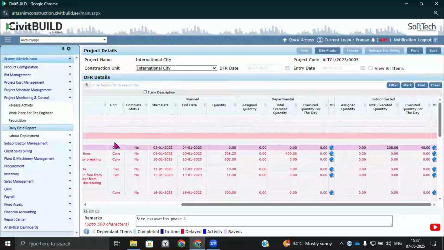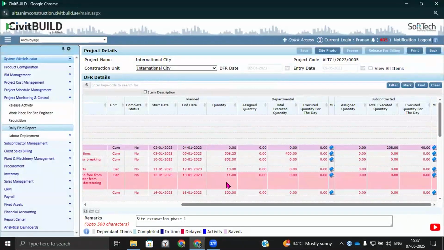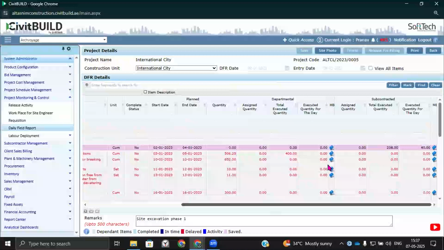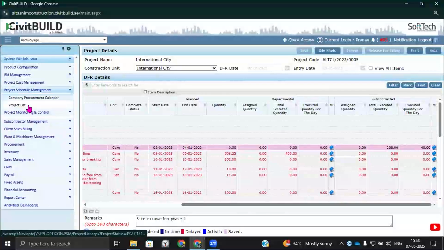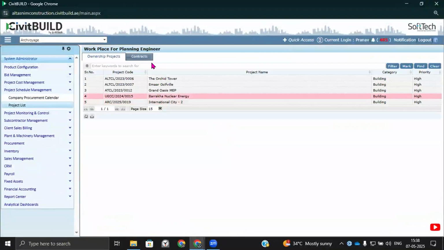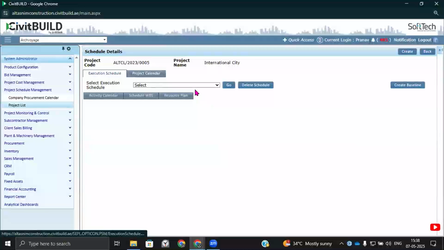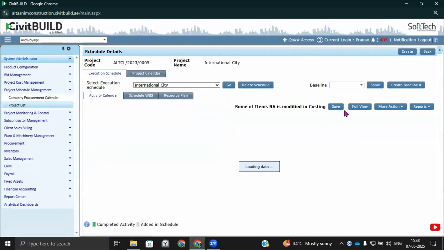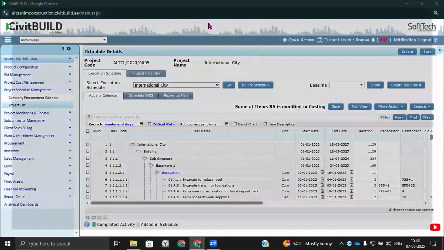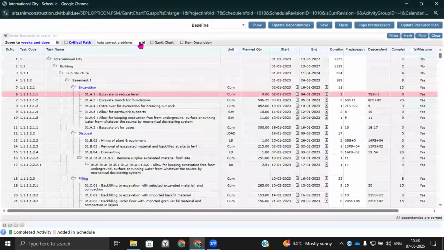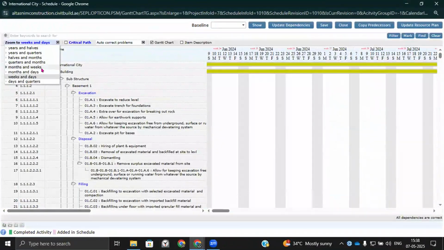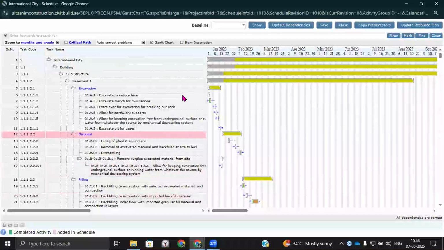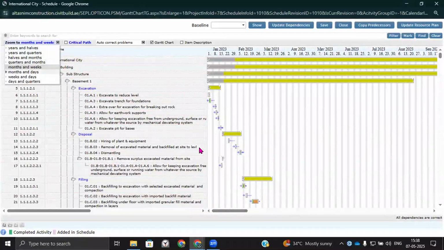Lastly, this part wherein the field report is getting updated by the site engineer, which I mentioned is an integrated platform. So whatever quantity is updated here by the site team, an overall impact can be felt in the project progress with the help of the Gantt chart. So those who are monitoring the project on a daily basis will get to see real-time progress, and perhaps they can monitor it with better control.